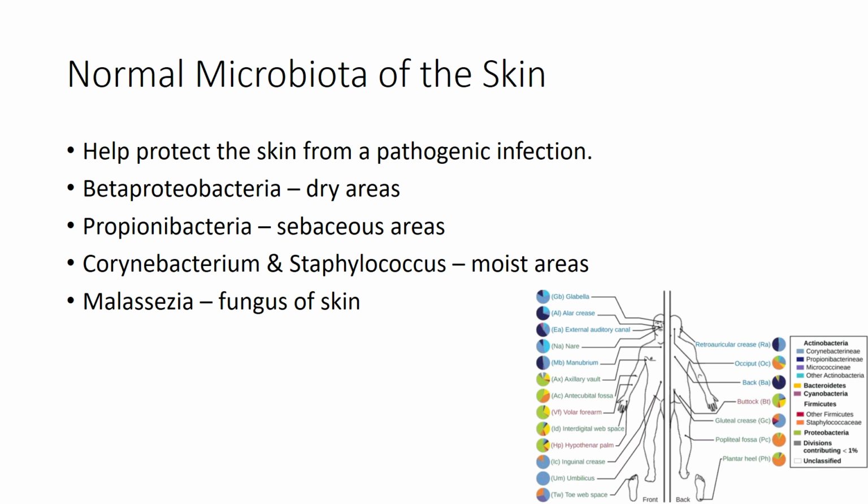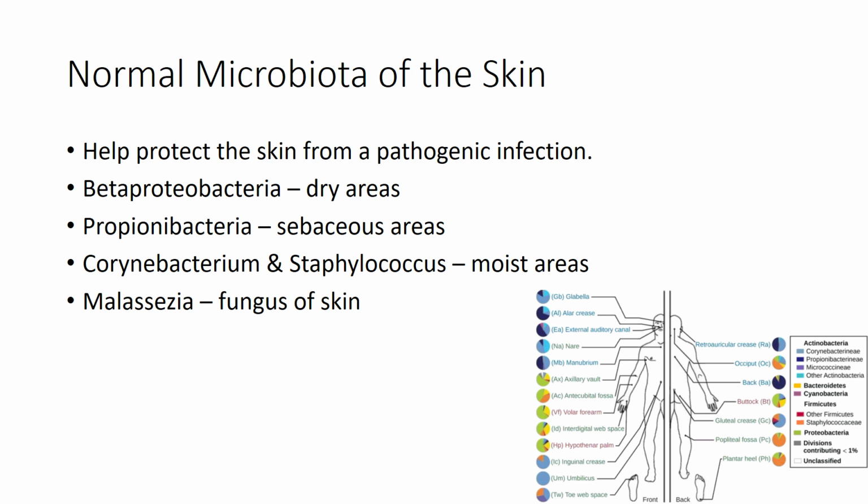The beta proteobacteria are really common in the dry areas of your skin. The propionibacteria are very common in your sebaceous, oily areas. The Corynebacterium and Staphylococcus live in the more moist areas of your skin. And Malassezia is a fungus that's commonly found on the skin. Now, all of these are good bacteria and fungi,